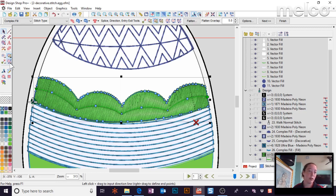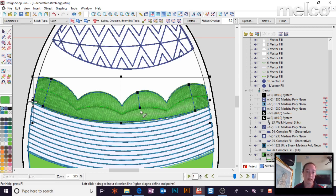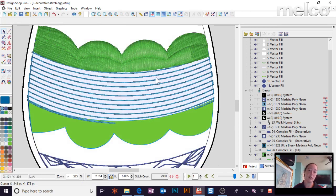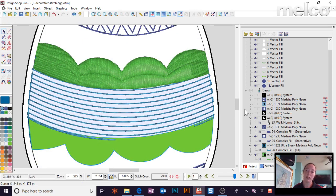My stitch directions are going a little wonky, so why don't we, basically, go to the areas that I don't like and fix those stitch directions first, and just add stitch directions until it's more to my liking. That's not bad. That's cute. Okay, so if I deselect that, so you can see, now it looks like two scallops